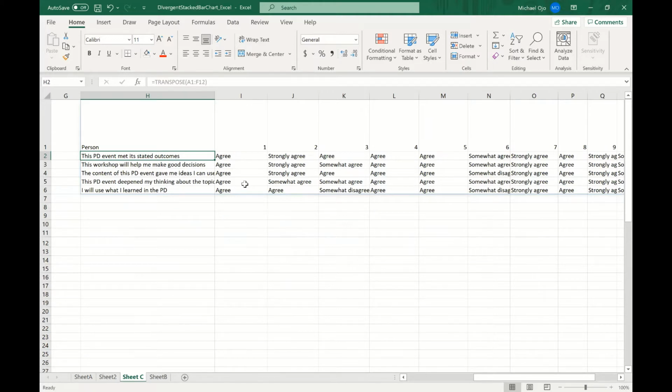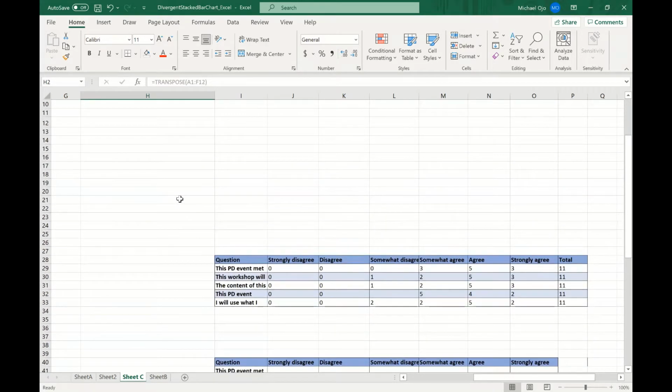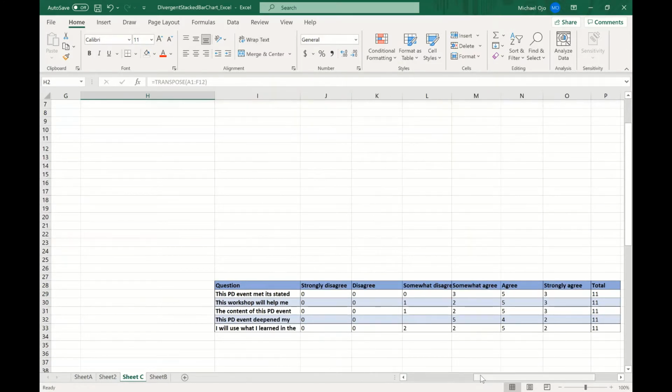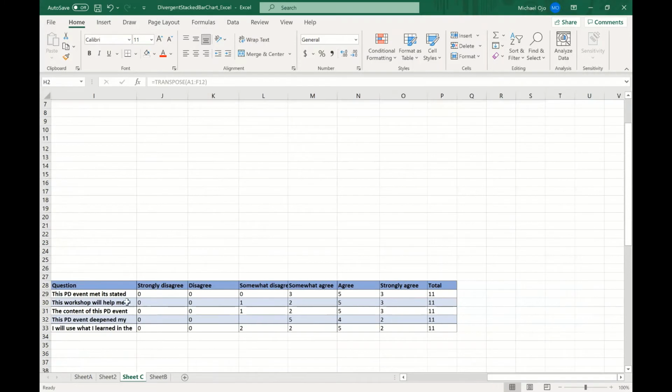The next thing for me to do now is to know how many people agreed, strongly agreed, or chose any other option for every one of the questions. And that I do by creating this table. You can see here before me, these are the questions, and to the first question, none of the participants strongly disagreed or somewhat disagreed.